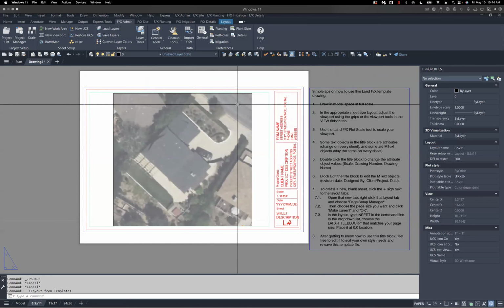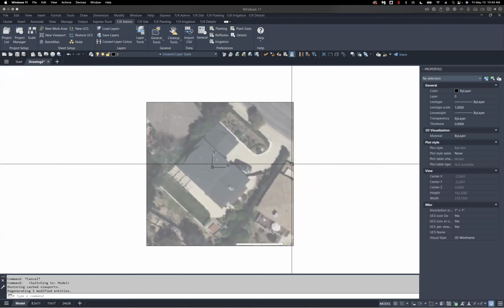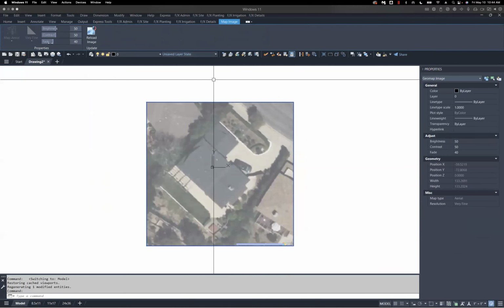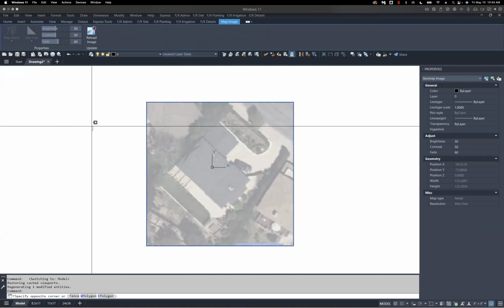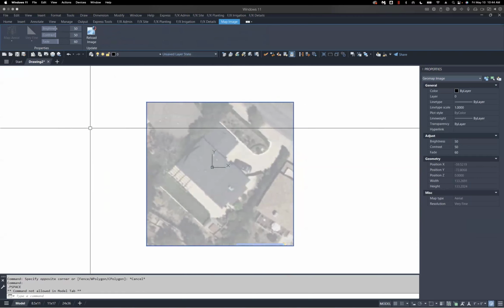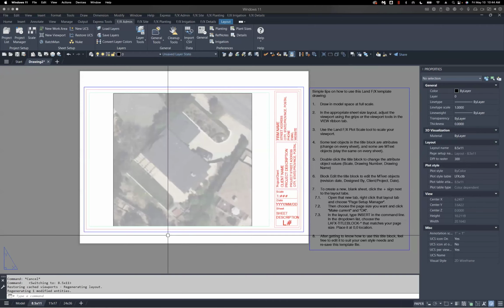So now this would be ready. We have our reference image, and you can see now how the transparency might come into play. So if I wanted to increase my fade and lighten up that background image, that would show on my paper space. And again, the reason you want to work in model space is because if you're making changes to anything, when you pop back over here to paper space, this is just a window into model space. So it's going to be looking at whatever is actively happening in model space.